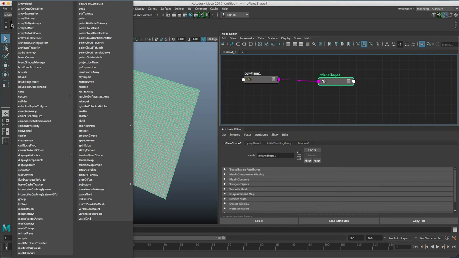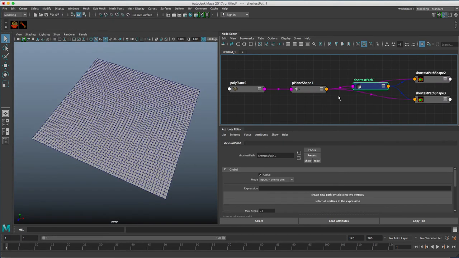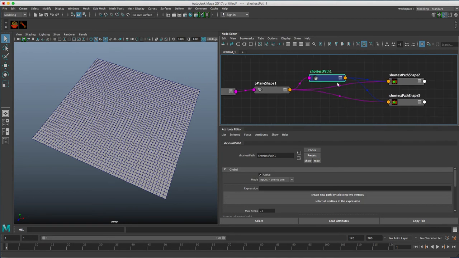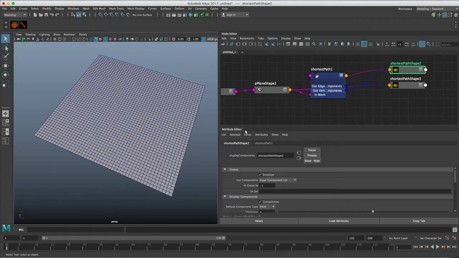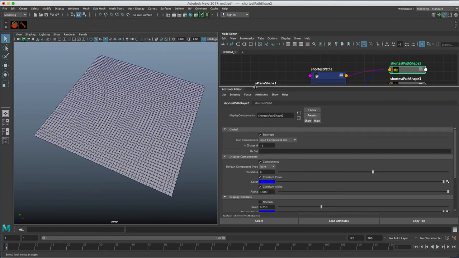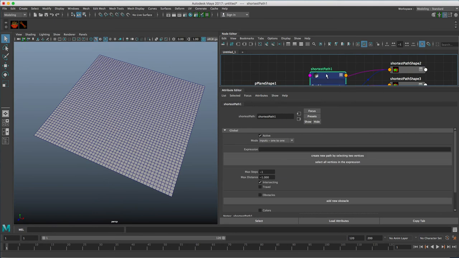The node comes in two forms. I'm going to create it as a standalone and maybe show you some examples with Cocoon, but once you understand the standalone version you won't have any problems with Cocoon. You'll notice that it creates the ShortestPath node and two display component nodes so you can see the selections. If I make my attribute editor a little bigger and click on my ShortestPath node,